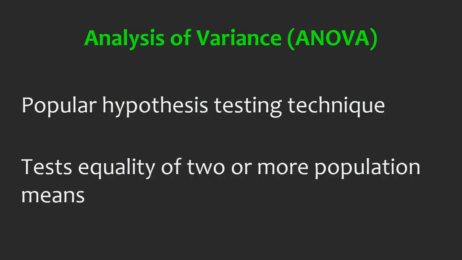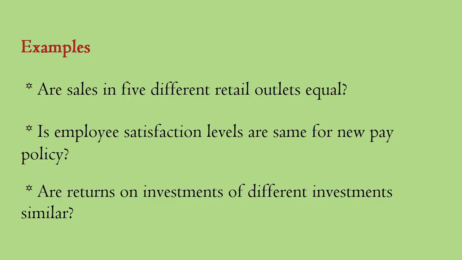Analysis of variance, popularly known as ANOVA, is a hypothesis testing technique used to test the equality of two or more population means. ANOVA allows you to determine whether the differences between the samples are simply due to random error or whether there are systematic treatment effects that cause the mean in one group to differ from the mean in another. For example, you are running retail outlets in 5 different locations, and you might want to know whether sales